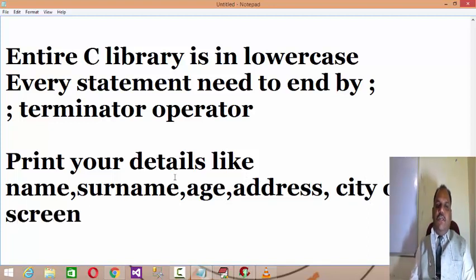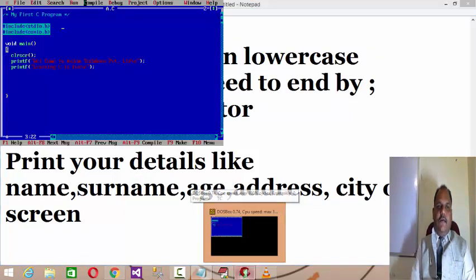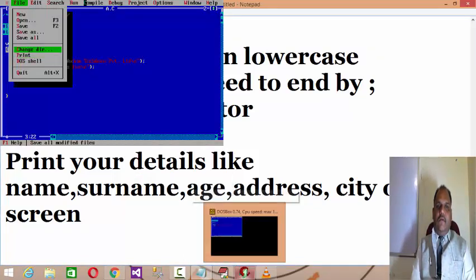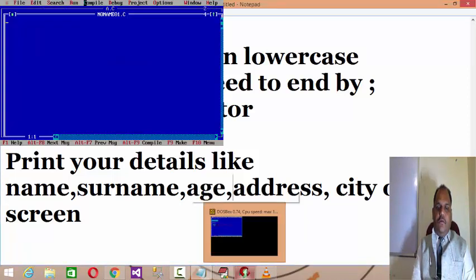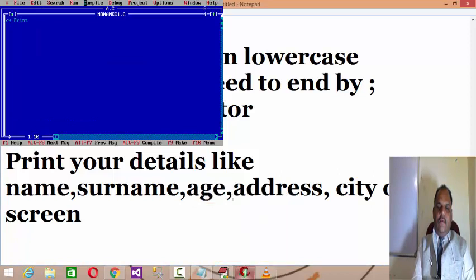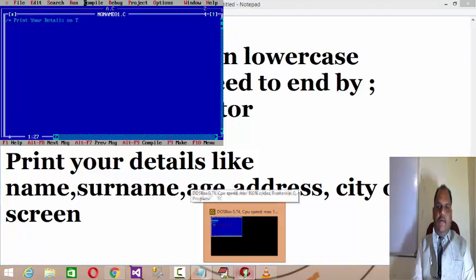If a question is given that I want to print your details like name, surname, age, address, city on the screen, what can I do? So again I'll be using a C compiler. I'll go for a new program. I'll write: print new details on the screen.